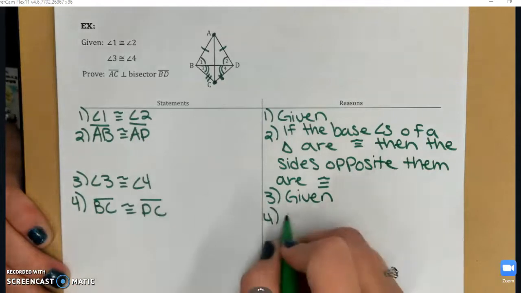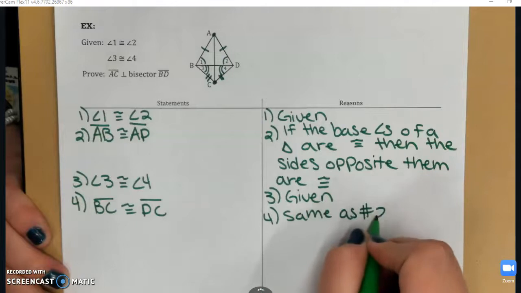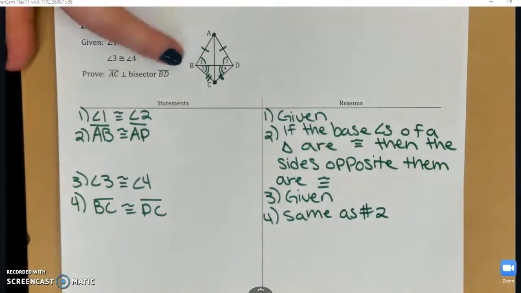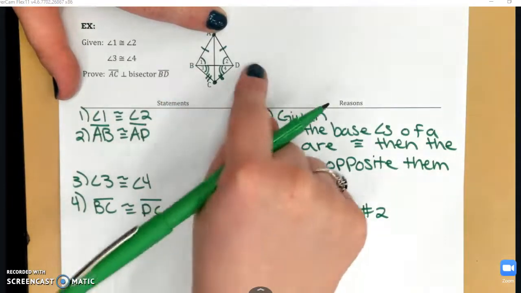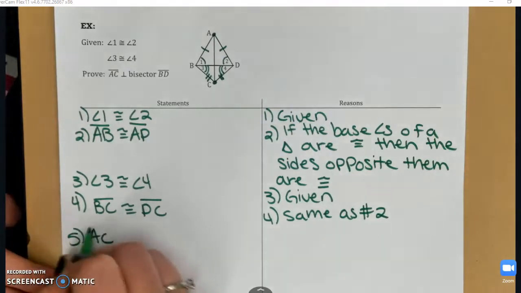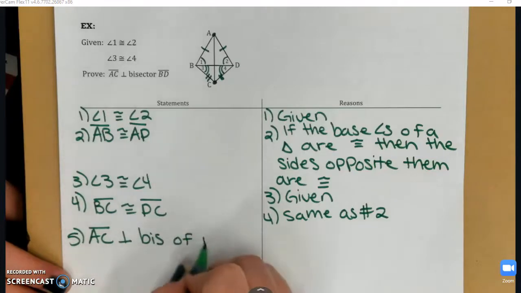And this is going to be the same as number 2. Save yourself some writing. Okay, so what I have shown here is that A is equidistant from BD, the endpoints, and C is also equidistant from BD, the endpoints. So I have shown that AC is the perpendicular bisector of BD,